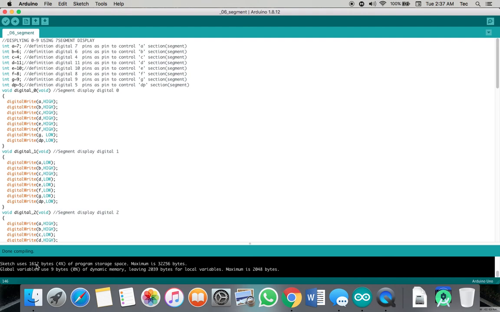So the sketch, the program, the ROM, is about 4% consumed by this code, and the global variables use just 9 bytes of dynamic memory, which is the RAM in this case, leaving, if you remember, the RAM at about 2K, if you remember your ATmega class. Alright,